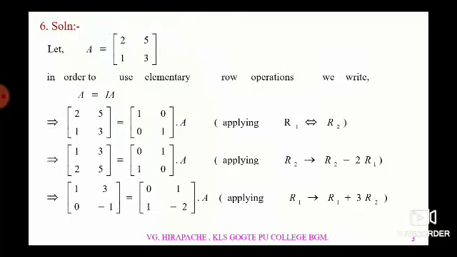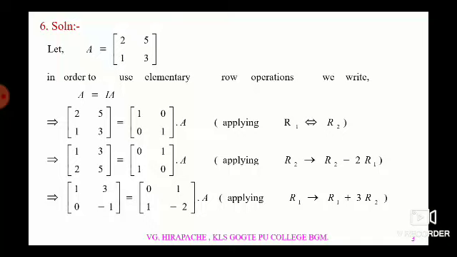Therefore, here R1 element is 1 plus 3 times 0, that gives 1 in the first row first element. Similarly, R1 is 3 plus 3 into minus 1, that gives minus 3. 3 minus 3 gives 0 in the first row second element. Similarly, on the right side we will apply R1 changes to 0 plus 3 times 1, that gives 1 in the first row first element, and 1 plus 3 times minus 2, that gives minus 6.